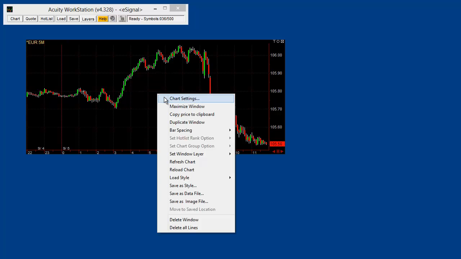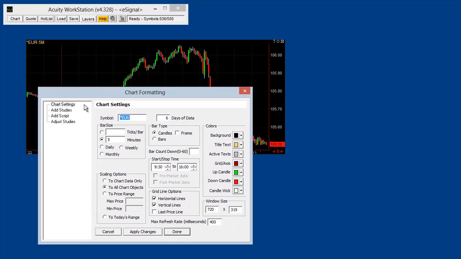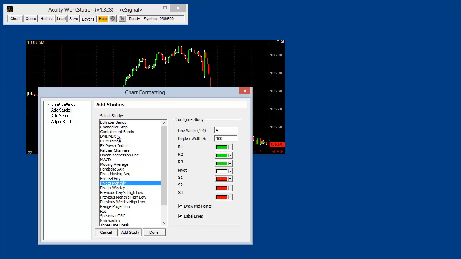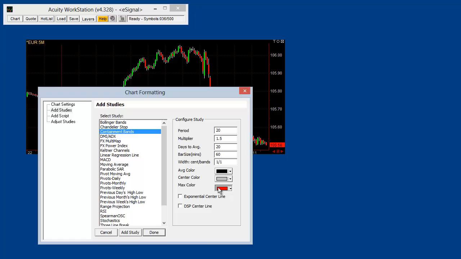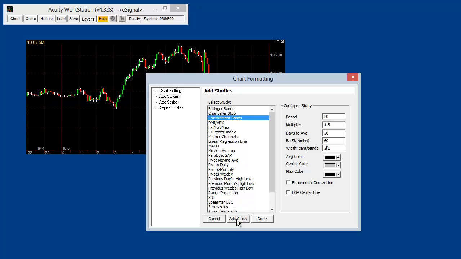Now, like I said, this is a regular chart now, so you can add indicators to it, containment bands. The way I like to use the containment bands, if you want to set them up manually yourself, I use a regular hourly simple moving average containment band for the center. Above that, we're looking for buys. Below that, we're looking for sells. Hit Add Study. And then I will